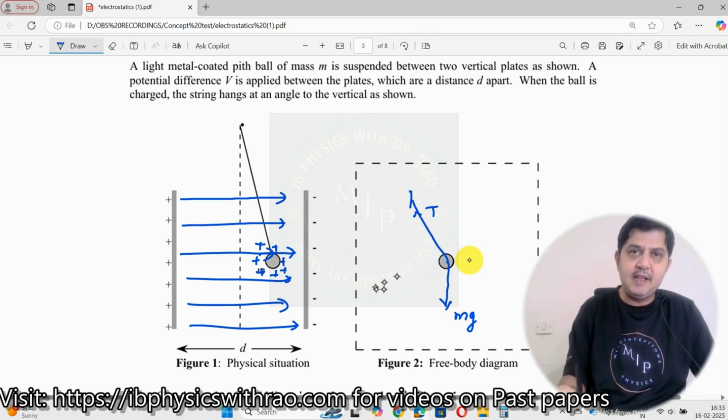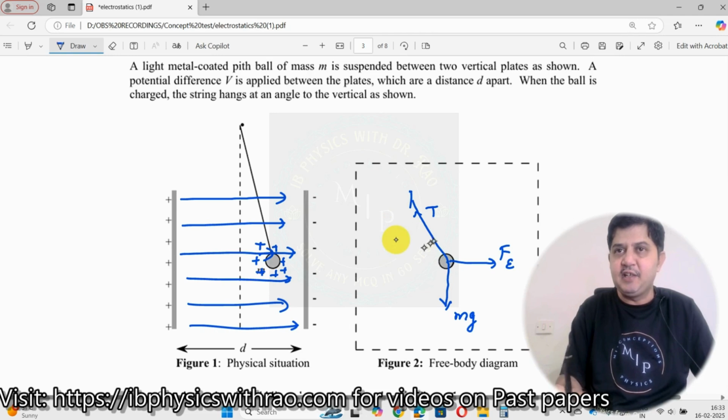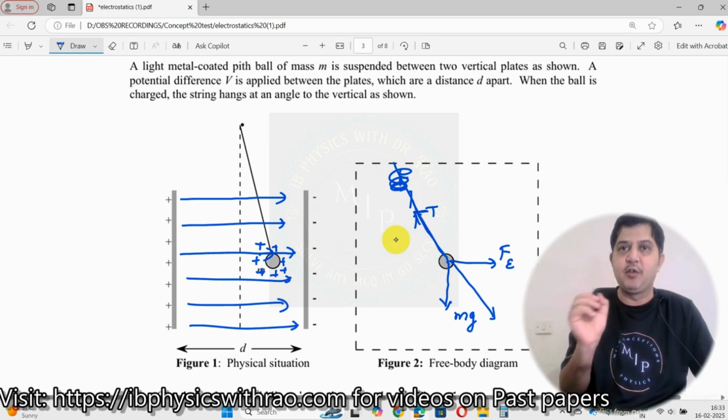And then what else do we have? We also have an electric force acting here. I can put it like this over here. Okay, so all the three I can put over here, right? And then see to it that the length of this tension force is not longer as compared to this. It should be here like this. So the sum of these two, the resultant, would be somewhere over here. And this length should be equal to this length. That's what you need to look at.